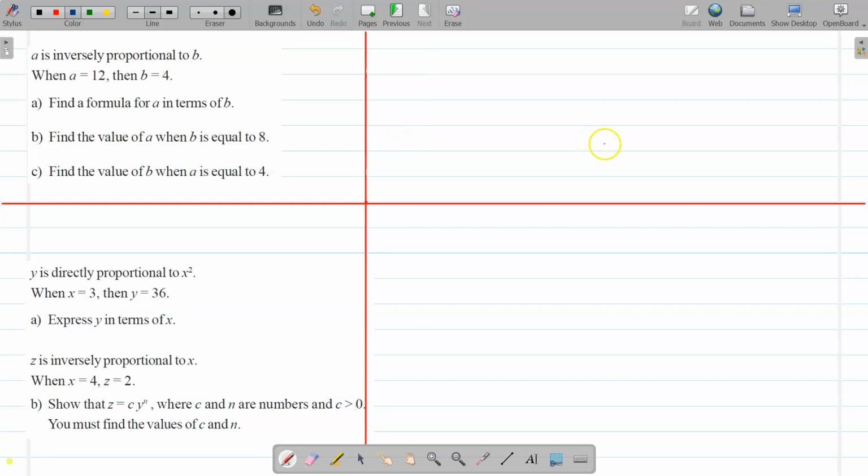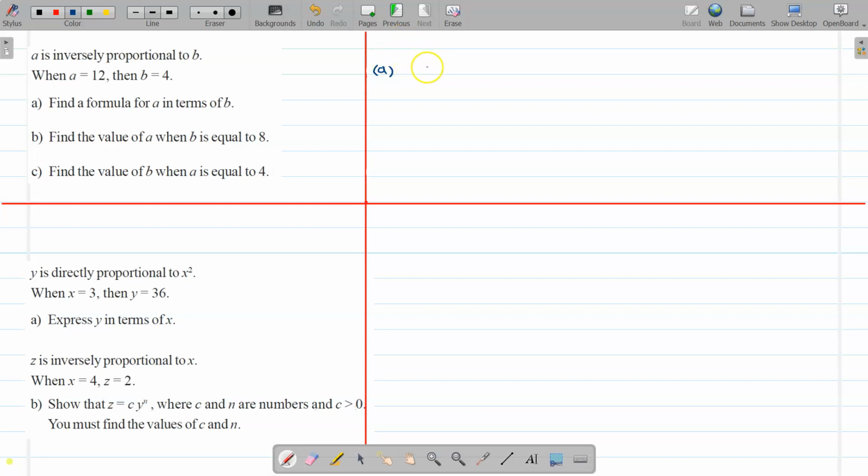Okay, welcome to this video on more complicated questions about direct and inverse proportion. The first question here is about inverse proportion, and we have these quantities A and B that are inversely proportional to each other. So we start by answering question A, which asks us to find a formula for A